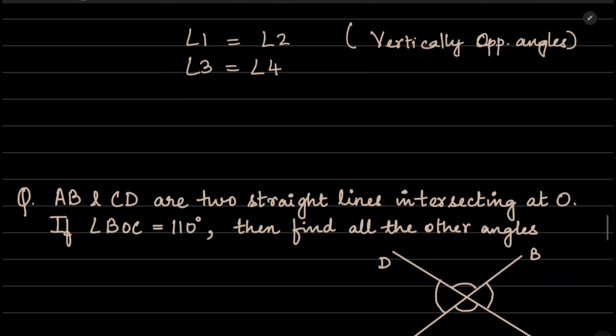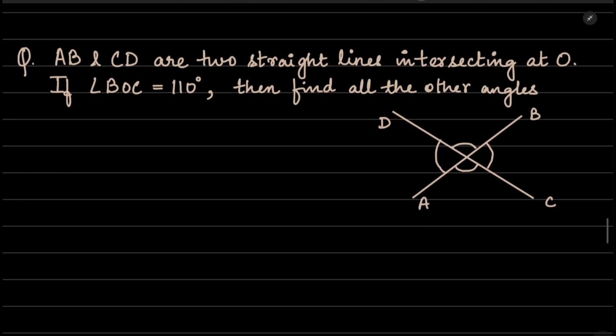Now let's do a problem. Here is a question. AB and CD are two straight lines intersecting at O. So this is, say, your point O. If angle BOC is 110 degree, then find all the other angles. This is the question. Now since we know that AB and CD are straight lines, in the previous video we would have also studied about something called a linear pair. That is, the sum of angles in a straight line is always 180 degree. But before that,